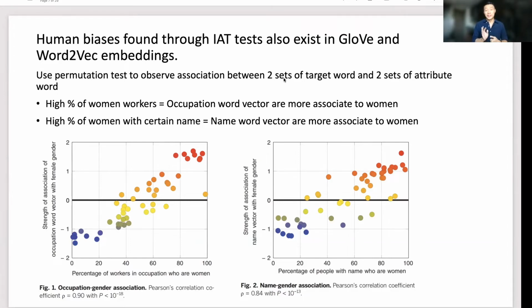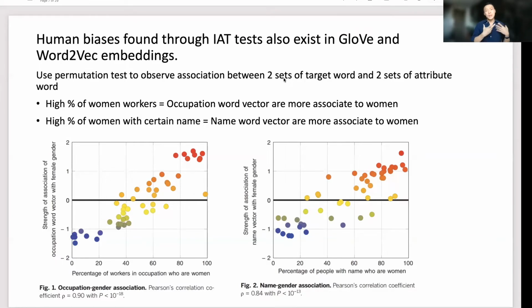It's very rare that you can see that kind of correlation in most data sets. Actually, if you have some statistics background, it's very hard to find an actual data set that has that strong association. But we indeed have that kind of strong association. So what it means is that the word embeddings, the thing that represents the meaning and also the grammar of each word, actually absorbs, encapsulates, registers the percentage of workers in that occupation in each gender. So it's already been absorbed in that.